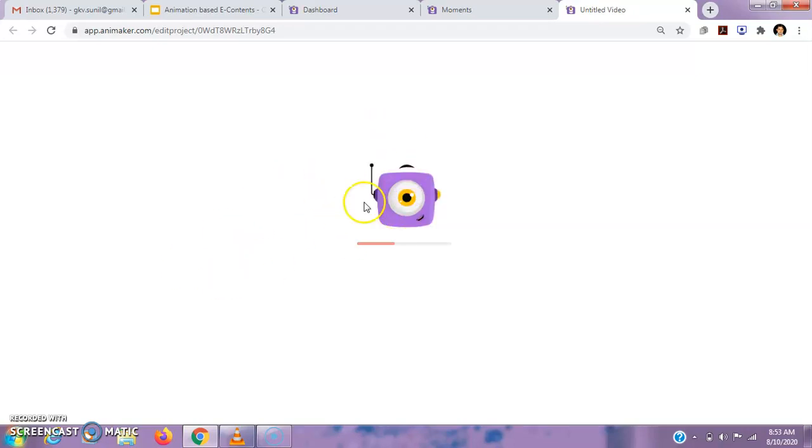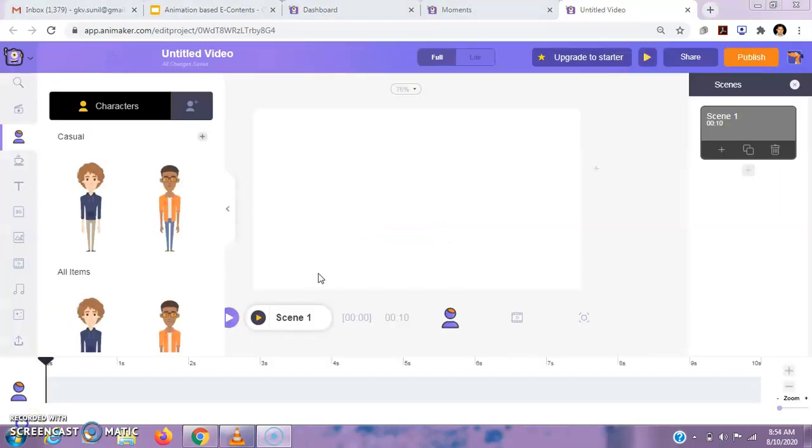It is taking some time. So we can create our video here. We can see there are many options. This particular area is called the workspace. We will work here.